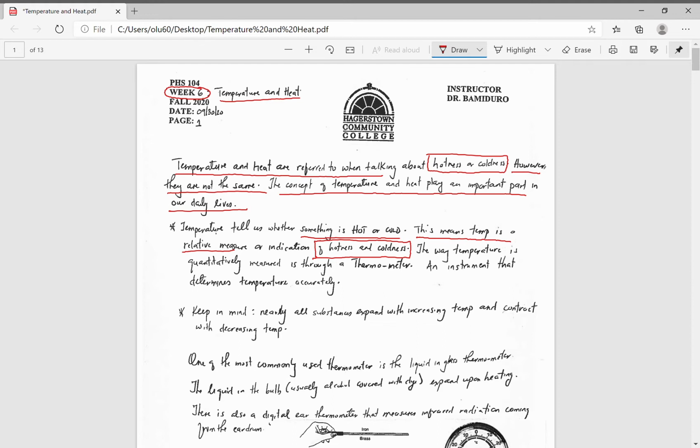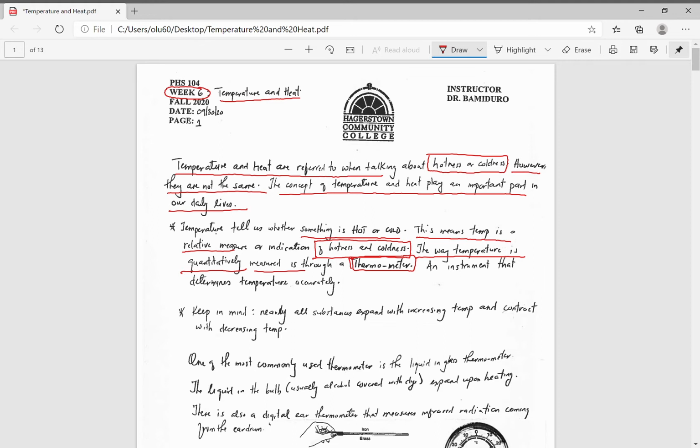Okay. Of course, when you touch something, you can determine whether it's hot or it's cold. That's based on our relative indicator. Okay. But there's no way to be able to quantify how hot or how cold that item is. Right. So the way temperature is typically measured is through a thermometer. Right. That's how we can quantitatively know that by some kind of standard, this is how hot or how cold